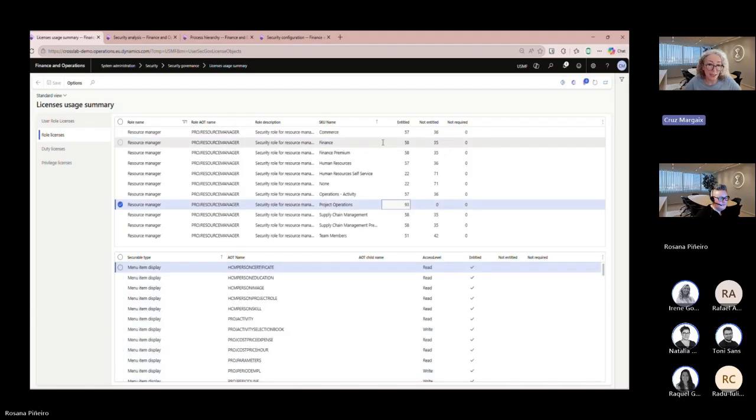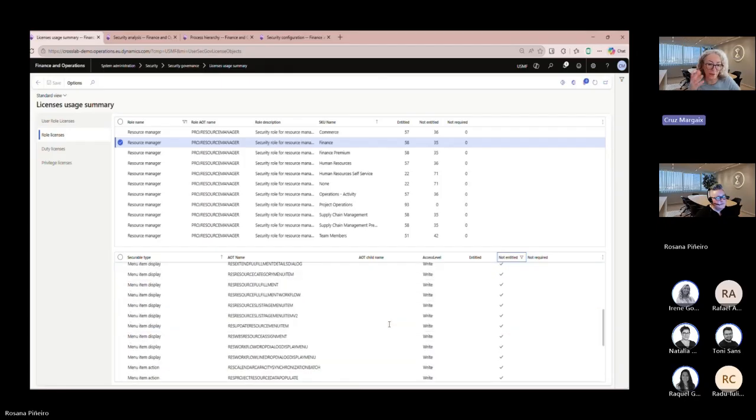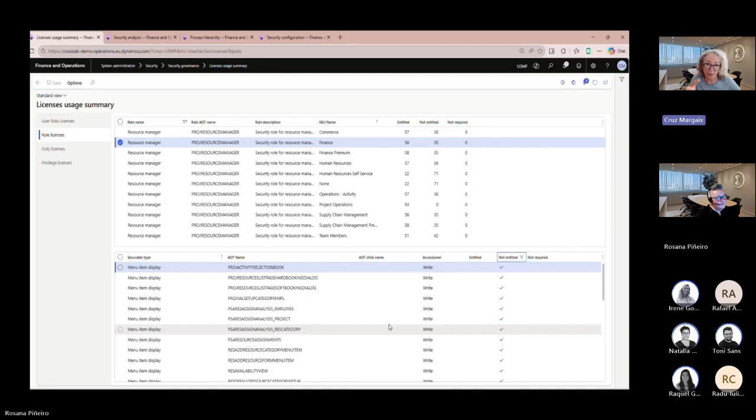However, the finance license that this user already needs for another role doesn't cover 35% of the objects. So we can come here and filter the objects that this role does not have entitlement for.